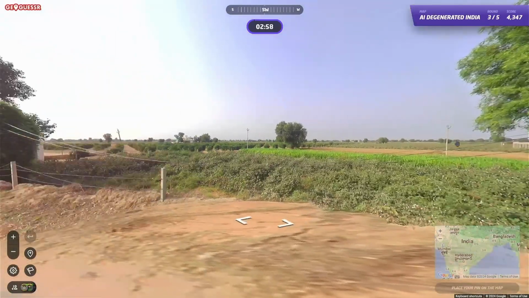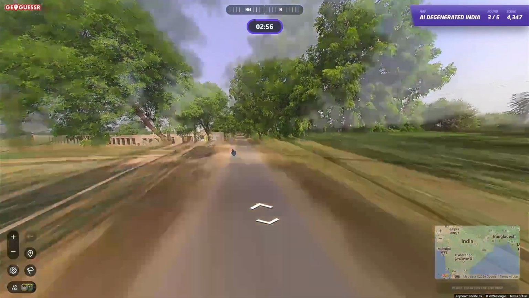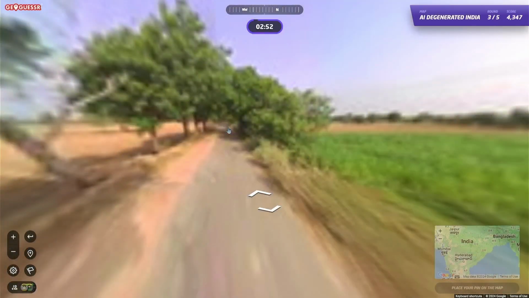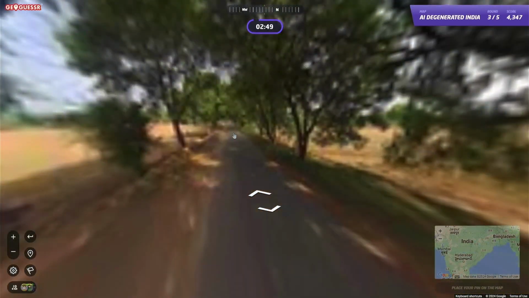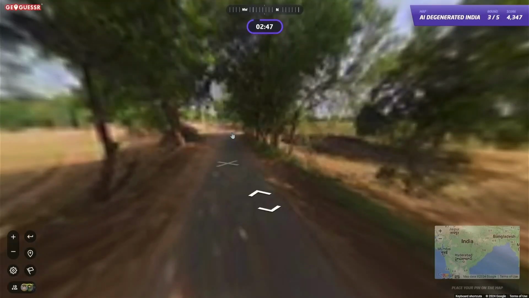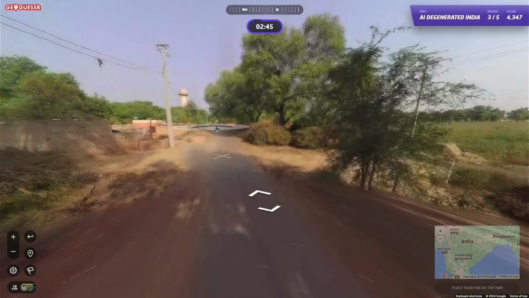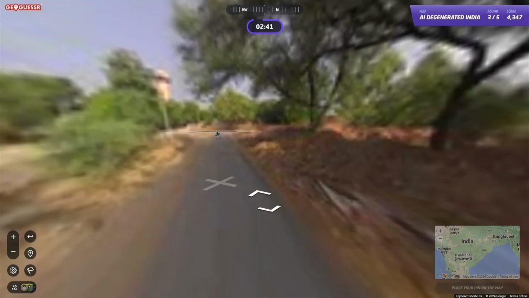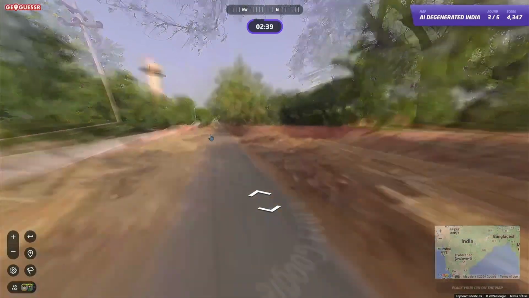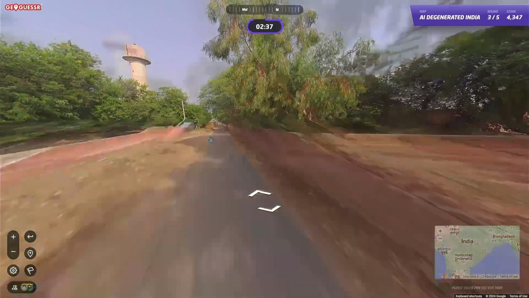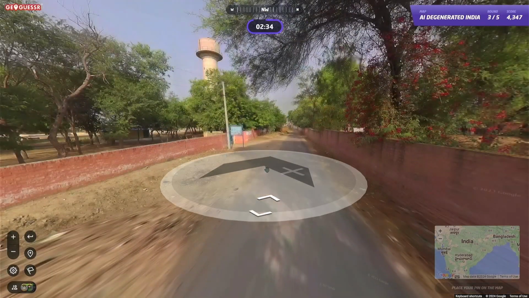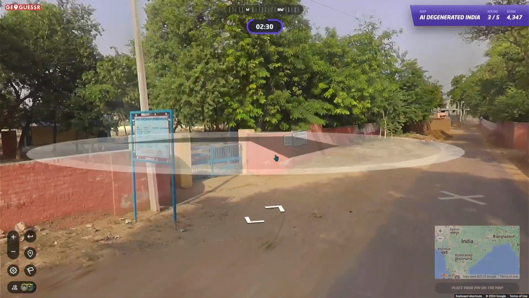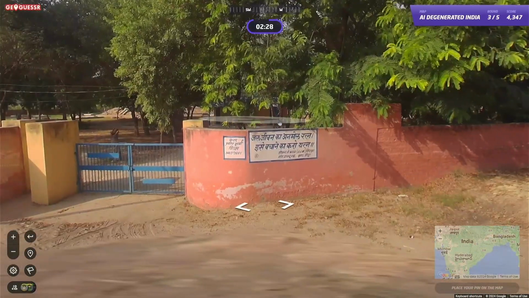Well, at least we got the state on that one, unlike the first guess. Again, Chhattisgarh, man, I'm very, very sorry. If you're from Chhattisgarh, I apologize. I always forget Chhattisgarh. It's one of the ones I'm always having issues with, and I have a hard time differentiating it as well. Unless I'm on a main road, I think the Chhattisgarh main roads have an individual look to them, but everything else just reminds me of other states.